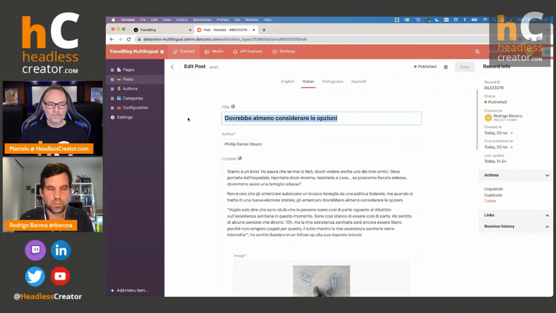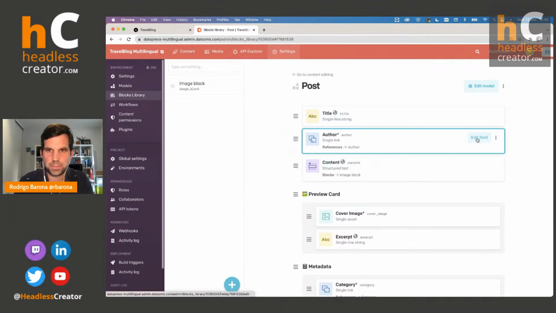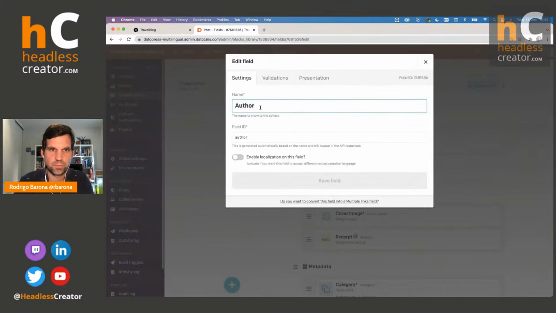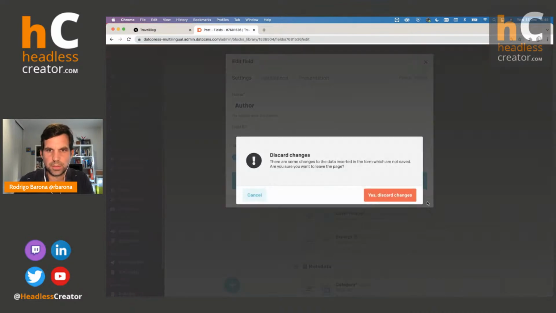One of the main things that I like a lot in DatoCMS is the option to choose in every field if you want it to be translated or not. And then when you define it here in the content type, you come here and say, okay, for the author, I want it to be localized or not. Okay, and then you make it localized, this field will be different for every language. Now we can do that, no problem with